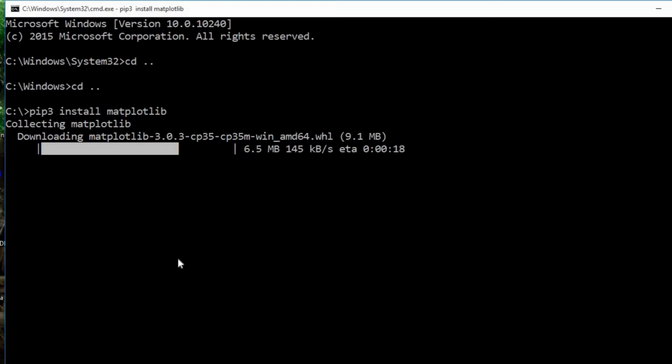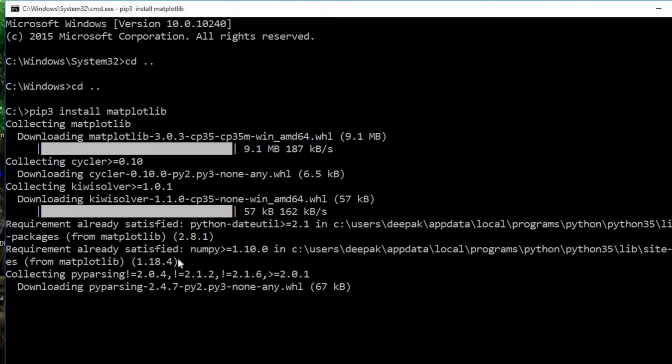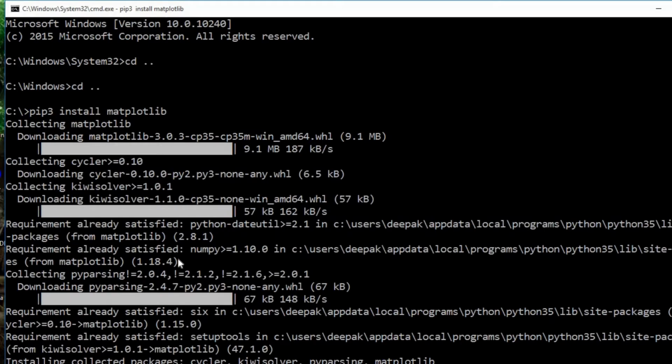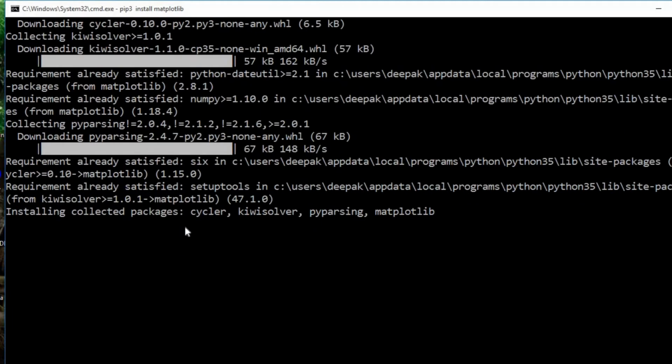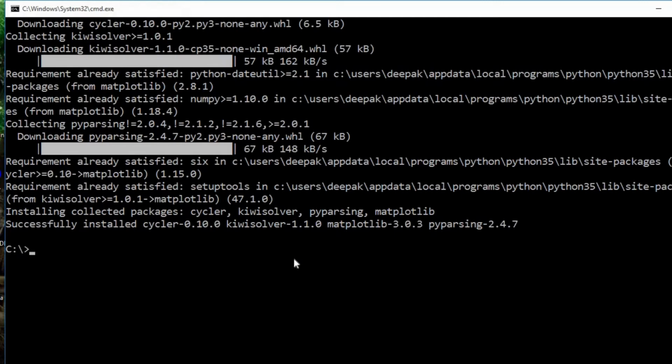So 3-4 commands will be saved if you are using a direct folder, or even on the C drive you can make your own folder and put your file into it to execute using Python in the command line environment. This downloading will again depend on your internet speed. So I think the total installation and required supporting packages are installed successfully.